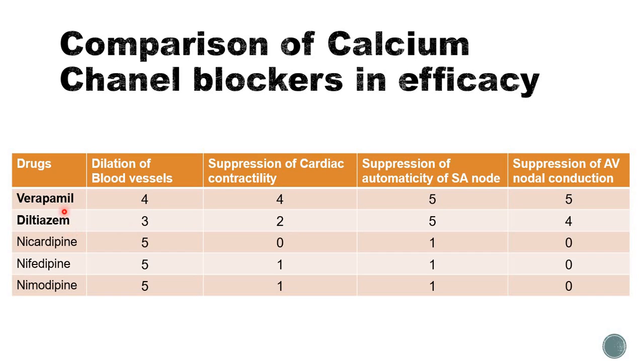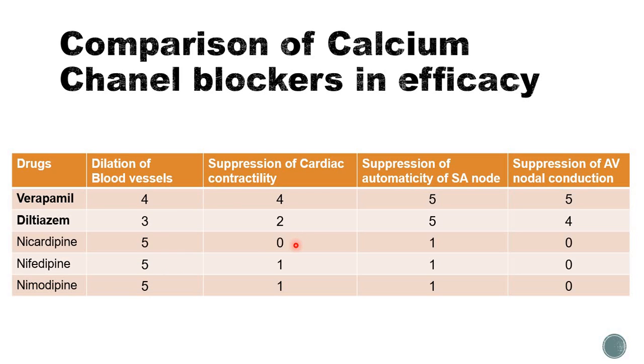Thus diltiazem and verapamil will not only suppress the cardiac contractility, the SA nodal automaticity and the AV nodal conduction, but will also have a vasodilatory effect, whereas nicardipine, nifedipine, nimodipine will have a predominantly vasodilatory effect